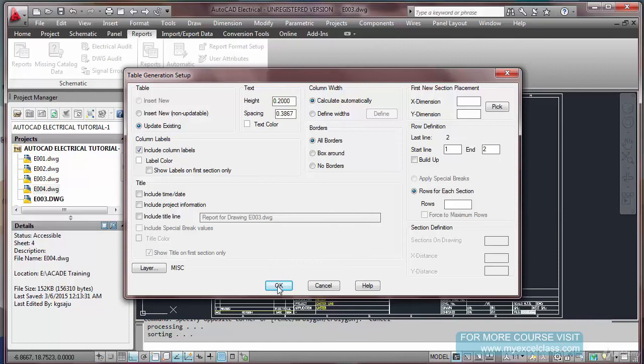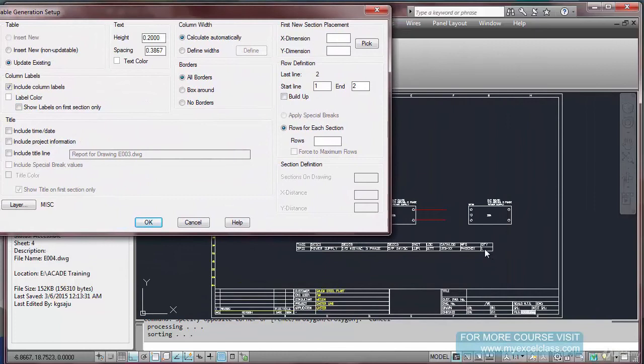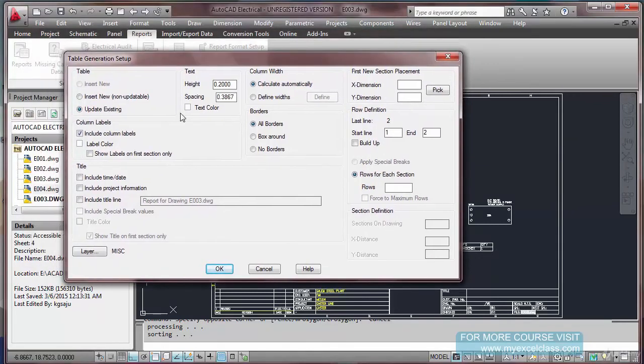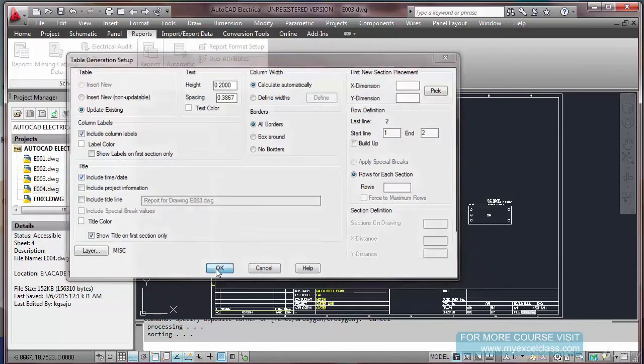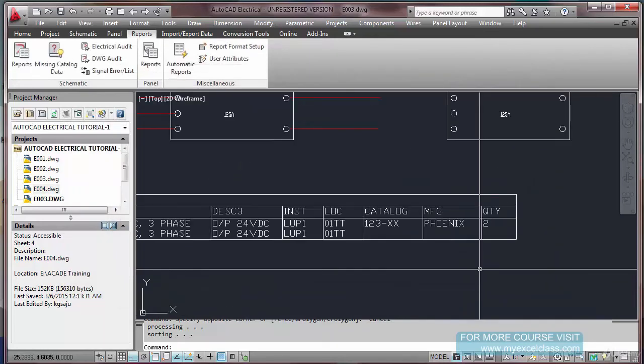Okay, and if you insert OK, what happens is, now already there is a bill of material in which the quantity is only 1. Now if I am going to insert update existing, and in fact you can include a time, date as well. Okay, close. See, it has updated,